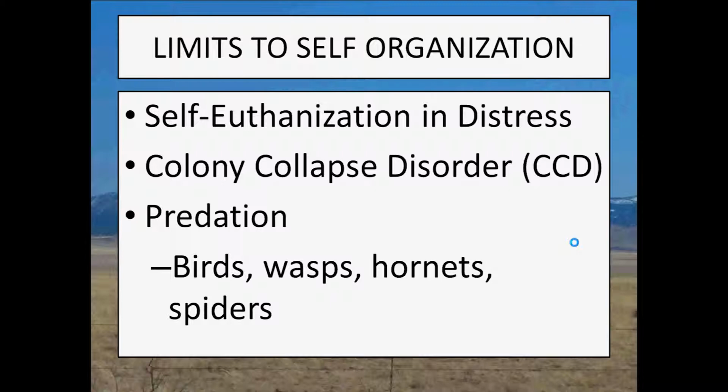And that's when we see colony collapse disorders, not just because of predation from birds, wasps, hornets, spiders, and the other predators of bees, but because of human interference, things like light pollution, monoculture crops, polluted water, and so on and so forth. That's not to say that the entire colony is going to self-euthanize, but what happens is as the colony is trying to minimize the energy expended to gather food and water, they're finding that more and more difficult to accomplish. So as the water is becoming more polluted, or as light is interfering with their night and day cycles from nearby cities,